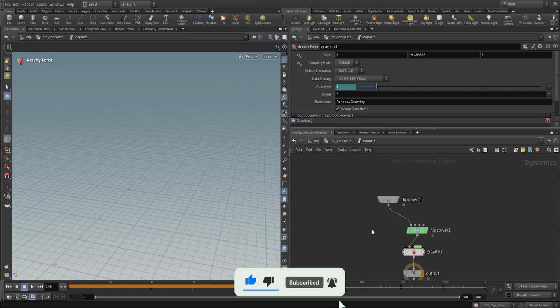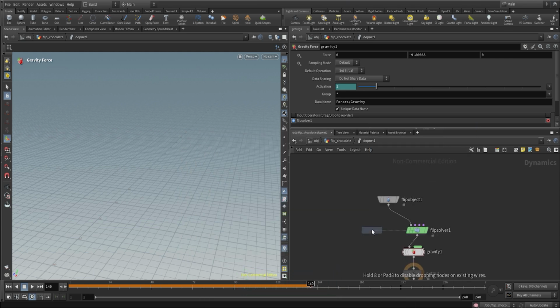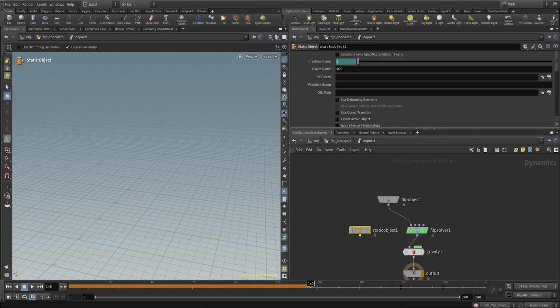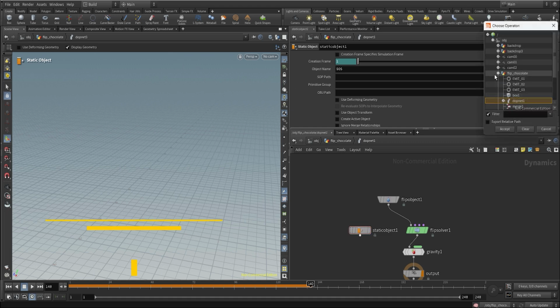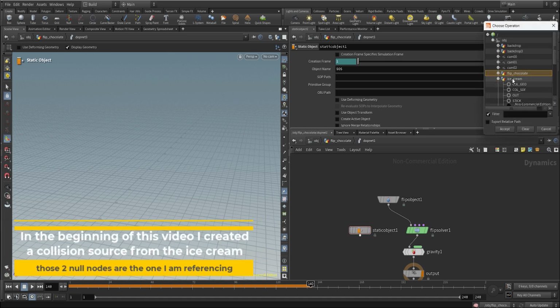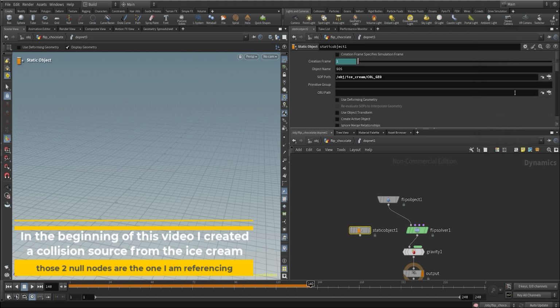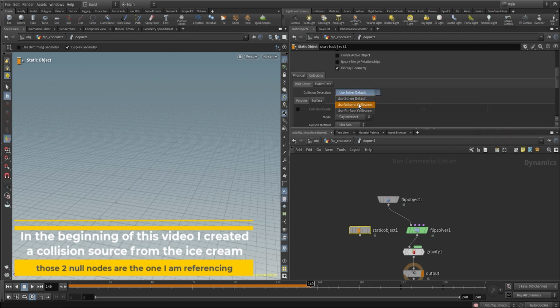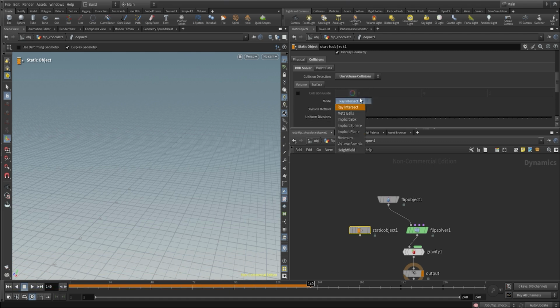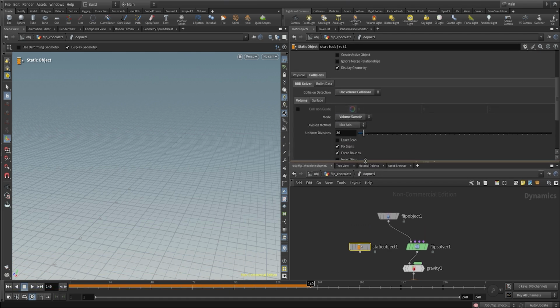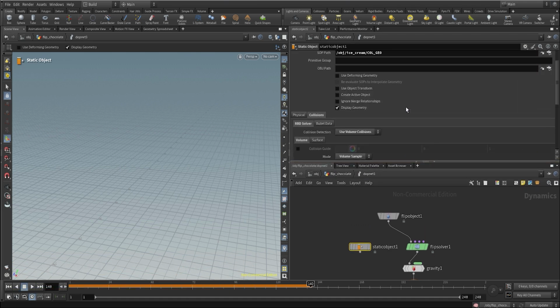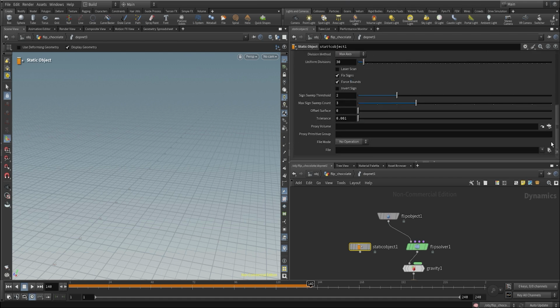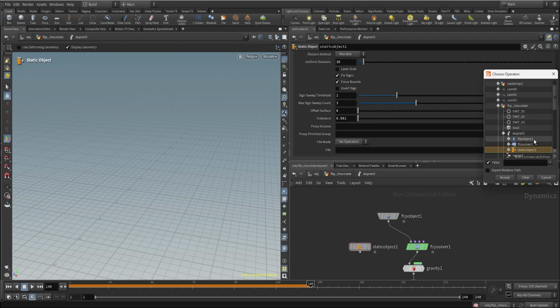Then we can set up the collider. So let's create a static object. And the way I like to set this up is on the sub path, we're gonna choose the geometry we previously created. On the ice cream, we can select the collision geometry. Then under collisions, we need to switch detection to volume collisions. Make sure on mode we have volume sample, and we're gonna be sampling the collision SDF we also create using